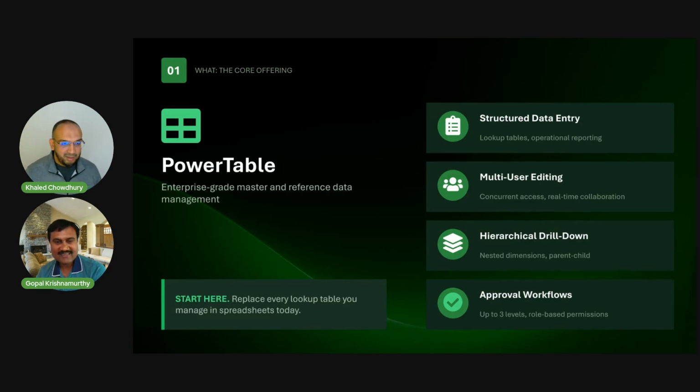Power Table, in the simplest concept, is a table management system. Everybody has a lookup table that we need to control. From the simplest perspective, we can just throw up a Fabric SQL table that we can manage.